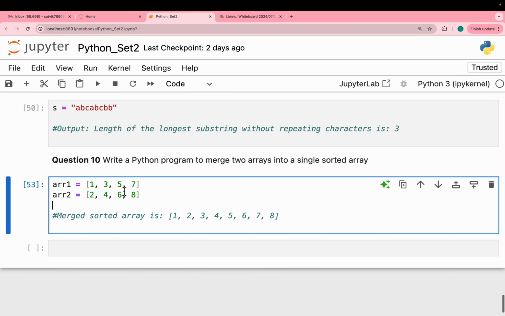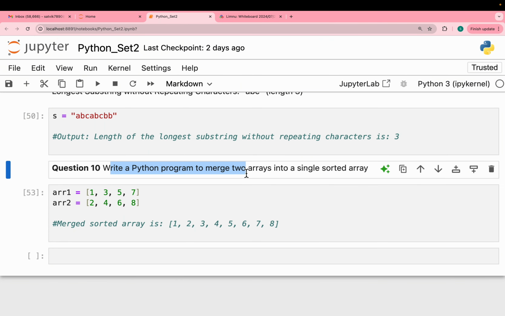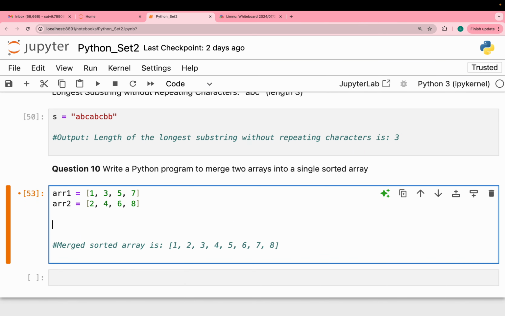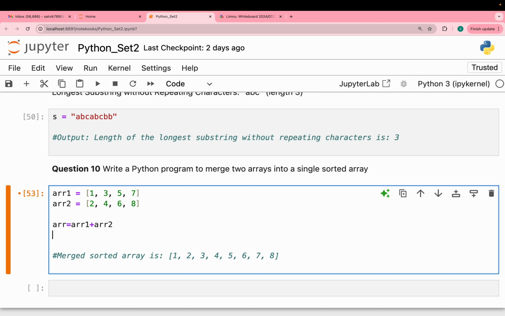So now welcome to the last question, 10th question. Write a Python program to merge 2 arrays into a single sorted array. So we have to merge into a single sorted array. So why can't we do it simply like this, that ARR is equal to ARR1 plus ARR2. Now if I print